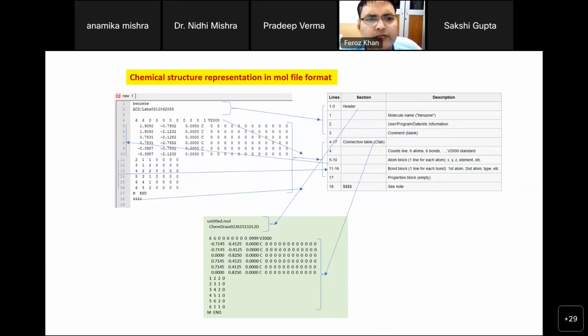In the first diagram, you see ACD Labs is mentioned there. It means the structural file was elucidated through the ACD program or software, while the lower figure represents the ChemDraw file, which represents the atom coordinate values as well as the atom bonds. This indicates that there is no information about the binding site or the bioactivity within the structural file. So how do we find these activity-related properties?